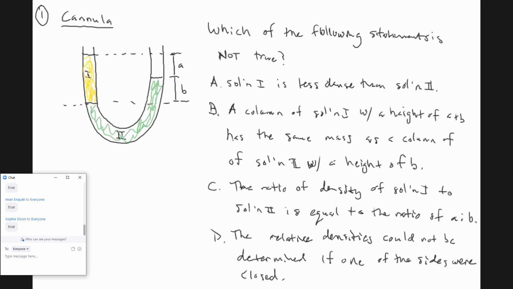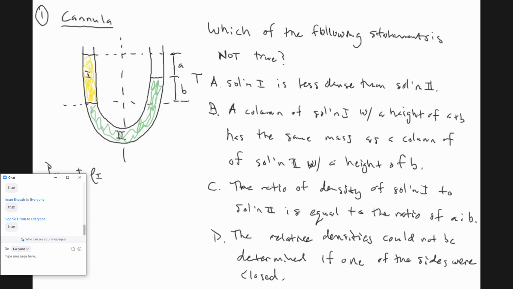Looks true, right? Because the green solution is heavier, it's going to push up the yellow solution. Sounds like a true statement to me. So if we're looking at this, we're going to balance the system. We're balancing pressures, right? The pressure on the left has to equal the pressure on the right. Since both sides are open to air, they both have atmospheric pressure, but then this one has